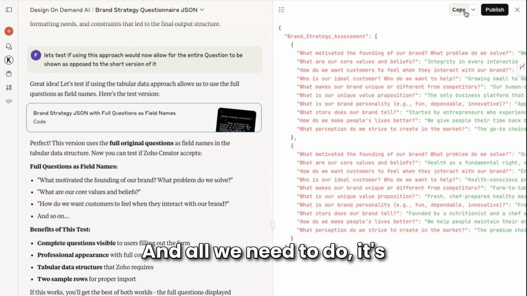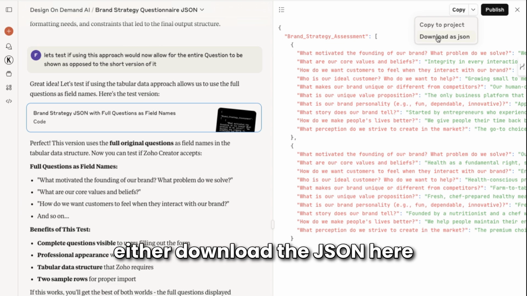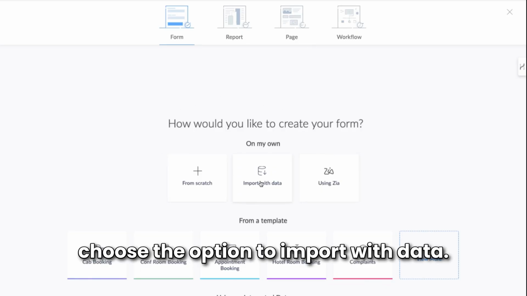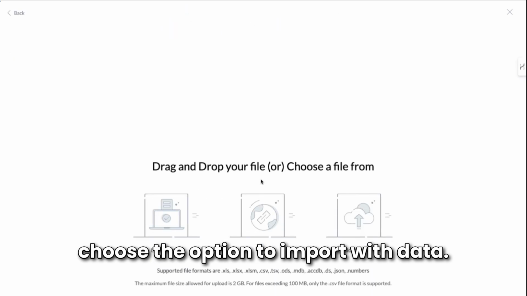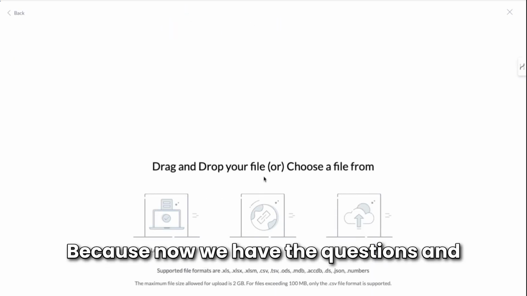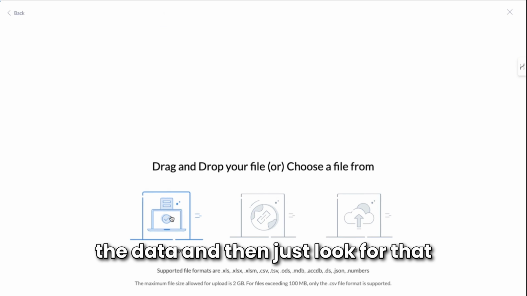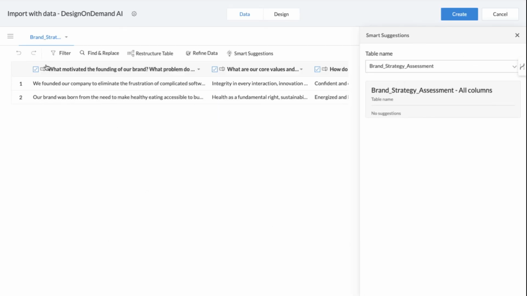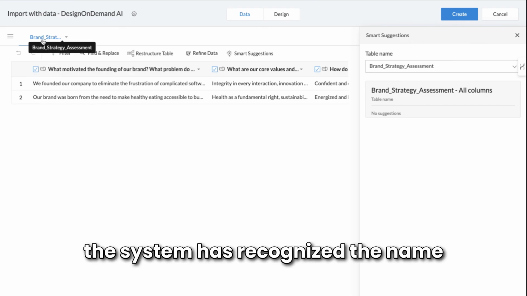And all we need to do is download the JSON to your computer and come back into Zoho Creator. It says choose the option to import with data, because now we have the questions and the data. And then just look for that file, full questionnaire, and boom,